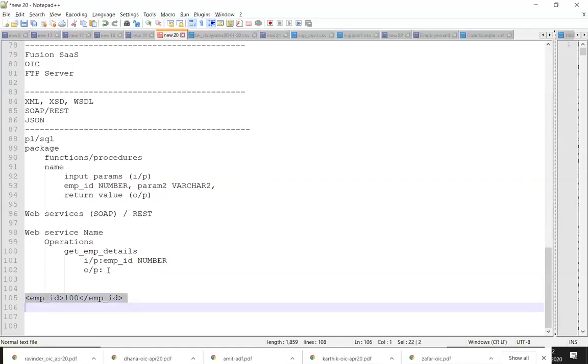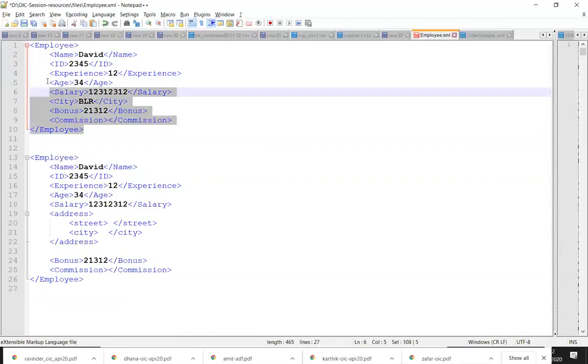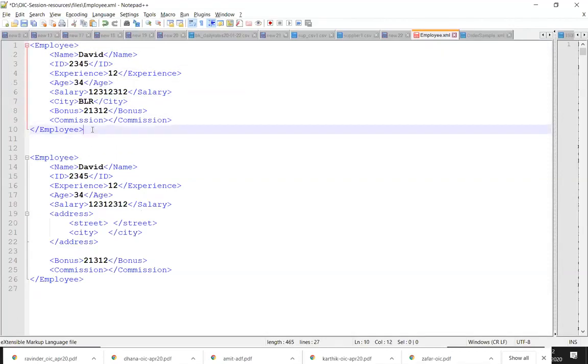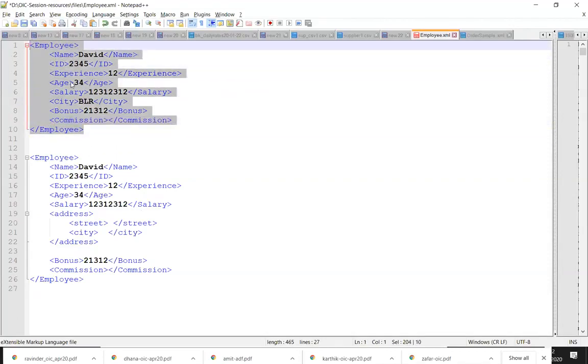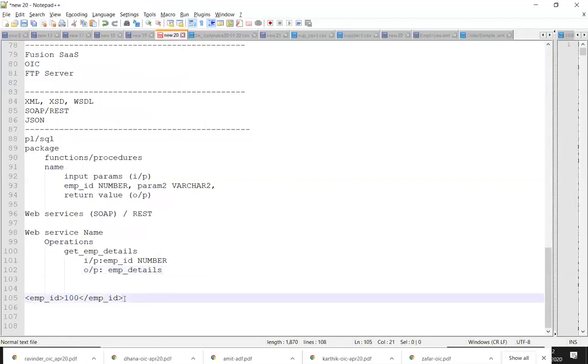If it is the output, you are telling employee details, and employee details also has to be in some XML format, something like this maybe. You have to say my web service will be returning an XML of this structure. You have to mention that. Now, when you are defining your specification of a function or procedure, you are going to mention the data types. You will not say 100 or an actual record, right? You won't say that in the definition. During runtime, when the request comes, you are going to pass the value.